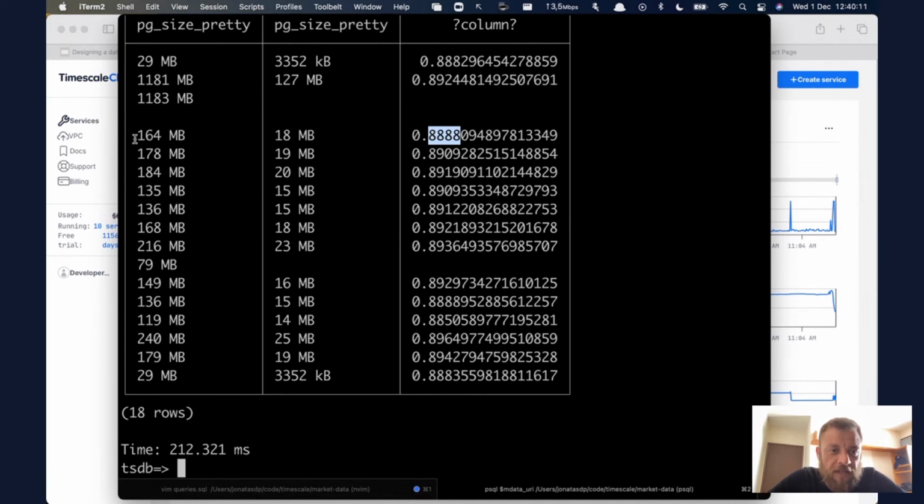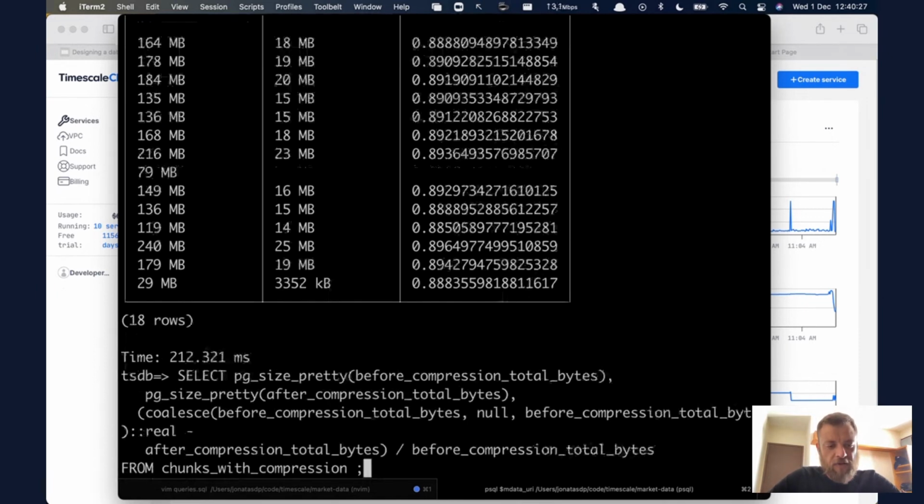So you can see this is the before and the after. When it's uncompressed, it's like 164 megabytes, and compressed, it's 18. It's quite a huge amount of data that you can save. So for example, we can just say here,